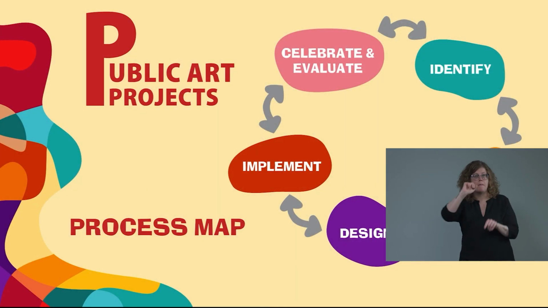So that's what we're going to talk about today. The public art process flow, all of those high-level steps and touch points that you're going to go through in your public art process, they're going to help you ensure the success of your project. So what you're looking at here is called a process map. Most process flows have a 5-step process. It's always very similar. Some of the steps move from area to area, but the idea is always the same. These 5 steps are what are going to lead you to success.